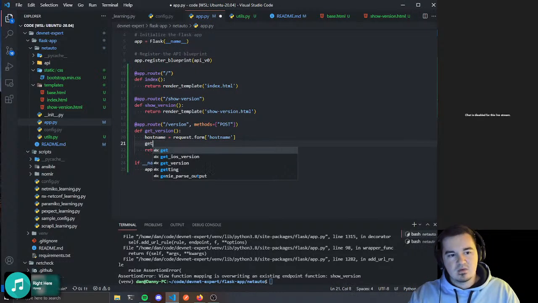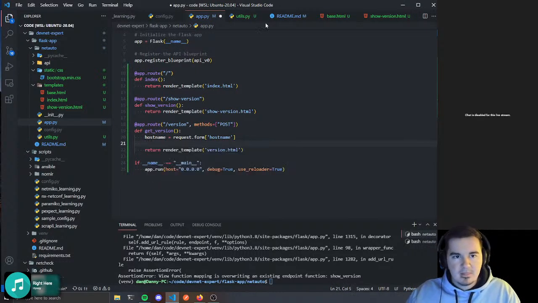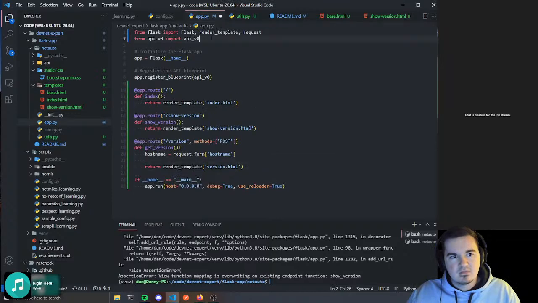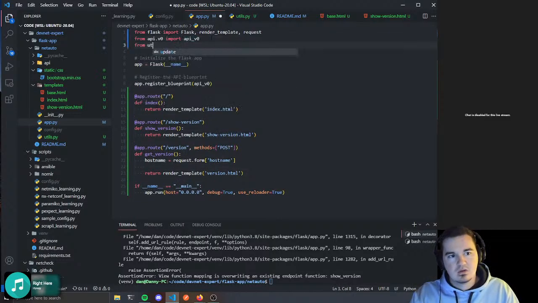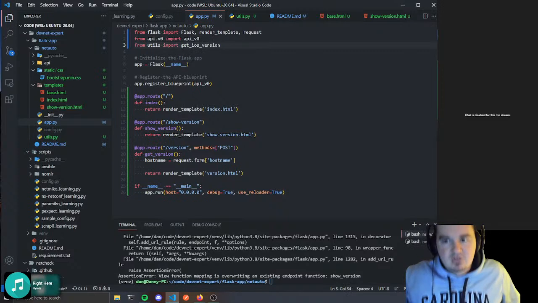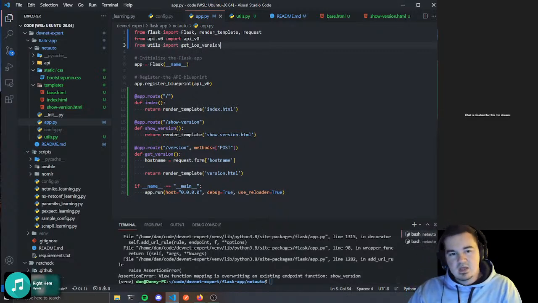And then what we would have to do is import this get iOS version, from utils import get iOS version. That get iOS version we created earlier, we have to bring into here, because after we have the hostname that we get from the form, we have to pass that hostname into the function, right? So now we're passing in hostname